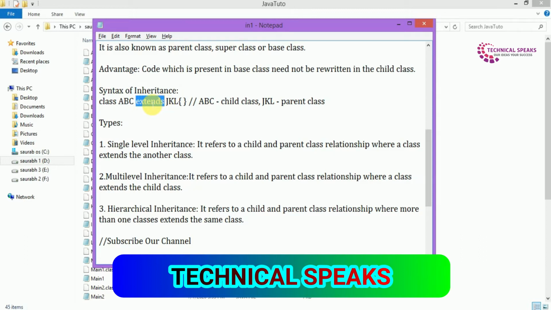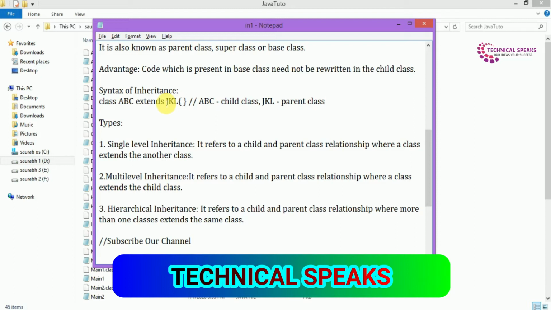So the syntax of inheritance is class ABC extends JKL. Here class ABC is the child class and JKL is the parent class. What this means is ABC is inheriting the properties and methods of the JKL class. So this is the basic of inheritance in Java.